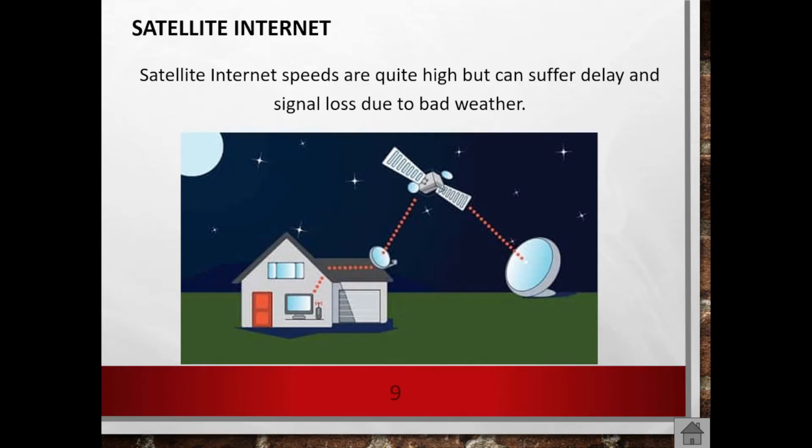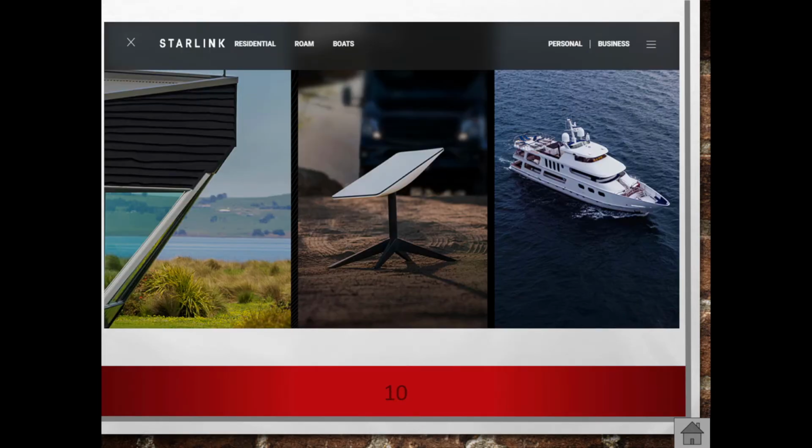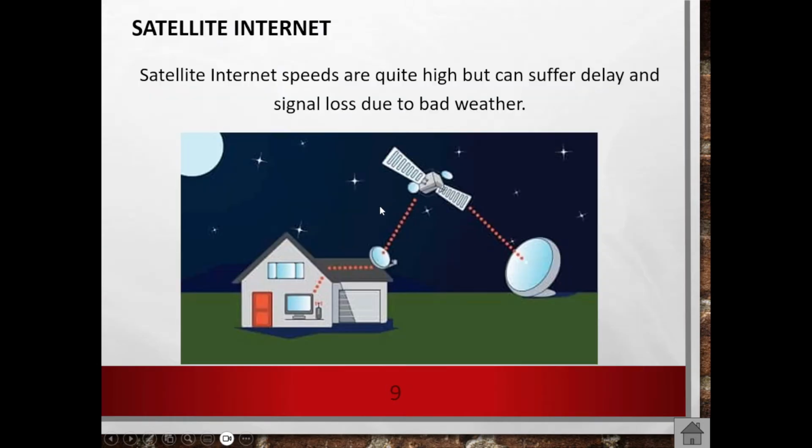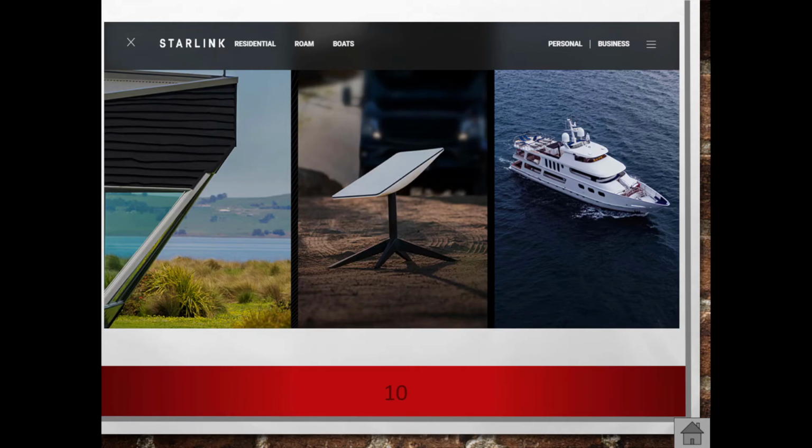A typical example of satellite internet, and we all know this one, is Starlink. So Starlink by old Elon Musk, there's your satellite, and the idea with this is you can take it anywhere you want to, whether you are on a boat, whether you are on a houseboat, whether you are out in the country. You take this out, you set it up, and it will automatically calibrate itself to where the satellite is, and within a few minutes give you internet access. I think of somewhere between about 100 megabits per second to 200 megabits per second, but then you're the only one on that particular connection. So, yeah, very, very nice.